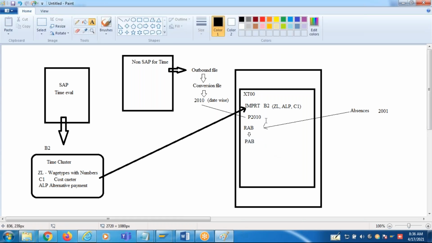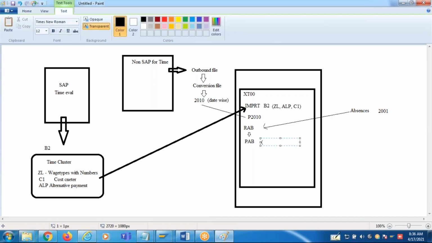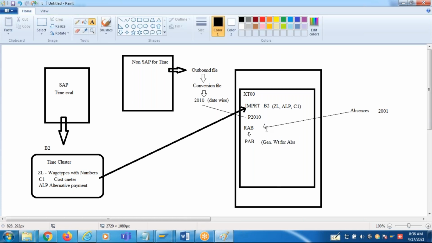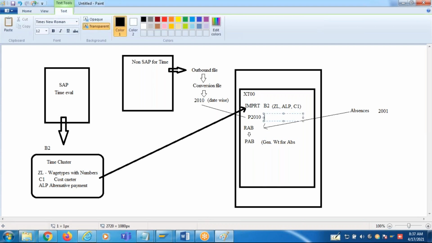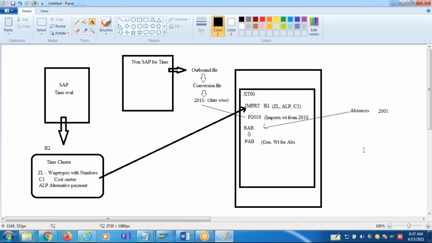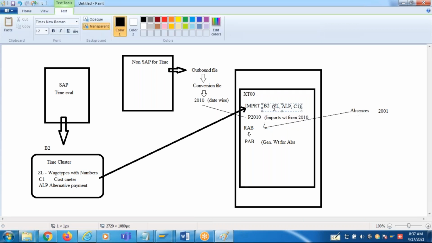Now this process absence table generates wage types for absences. So this one imports wage types from 2010. Okay, import B2 imports the wage types from Delta. Okay, next,